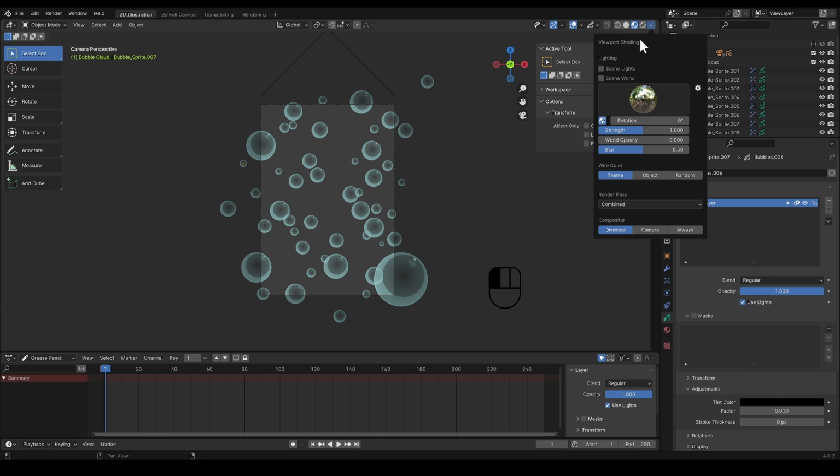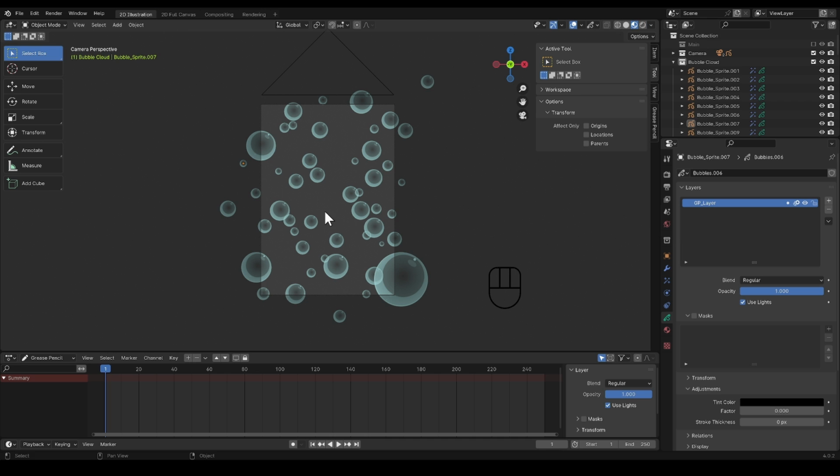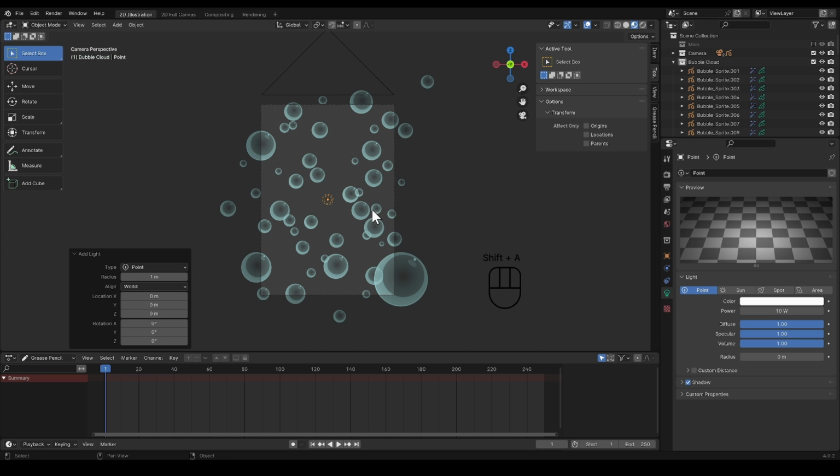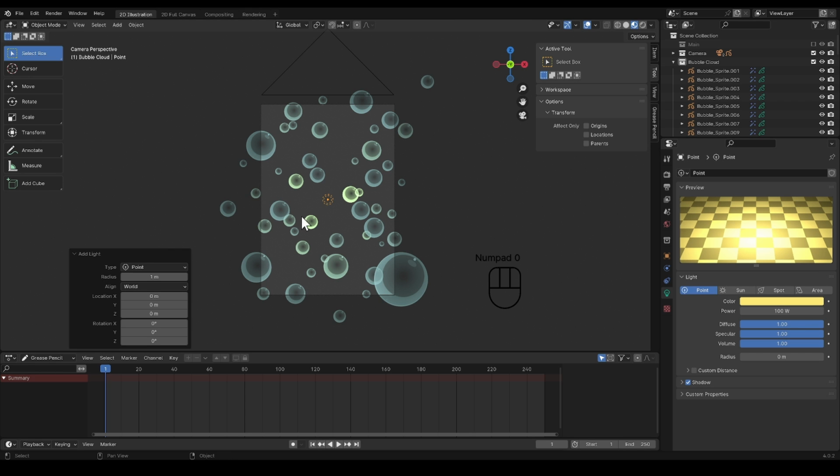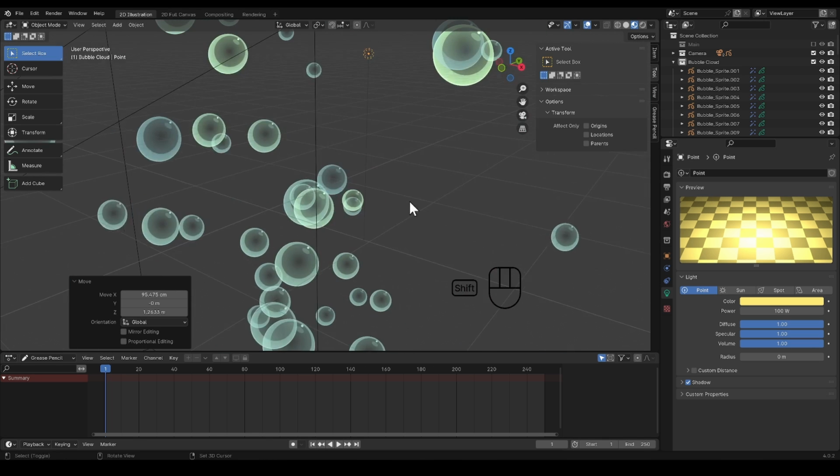But what we can do is add lights. Now I like to use point lights and place them in my camera collection. I'll give this light a color, increase its power, and position it near some bubbles. Now if nothing seems to work or you're having trouble navigating in 3D space,